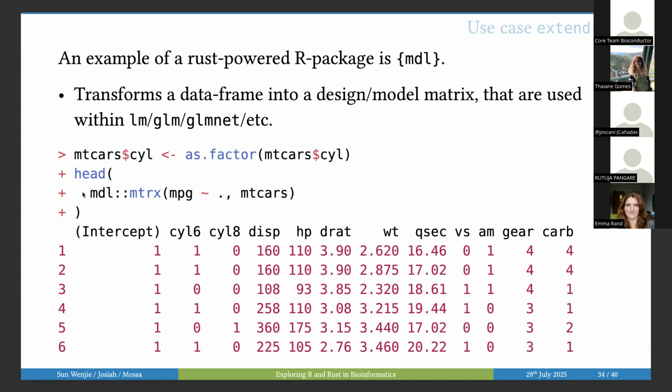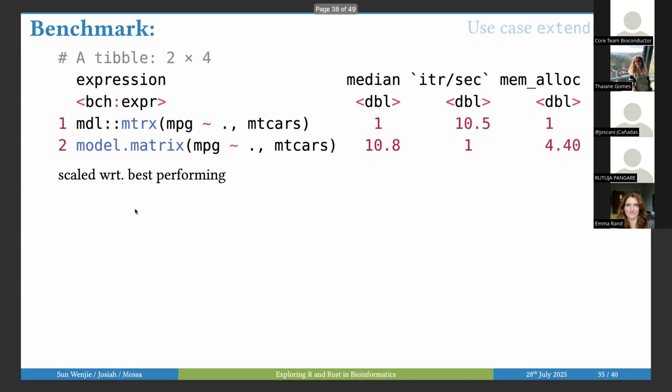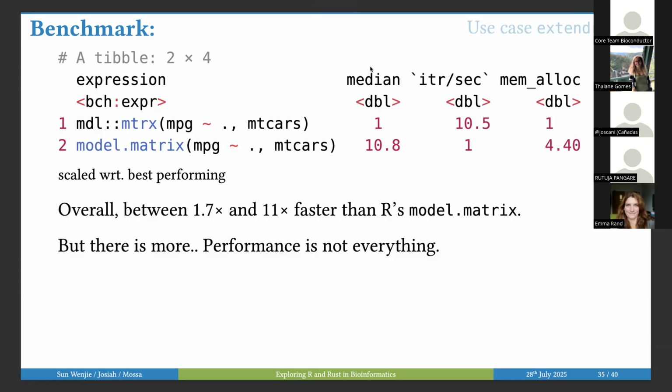If you click on the next slide, we were able to implement a Rust-based algorithm that is 10 times faster than the default one in R, which is model.matrix. Now, performance is very important, but performance isn't everything, and it also depends on the use case.